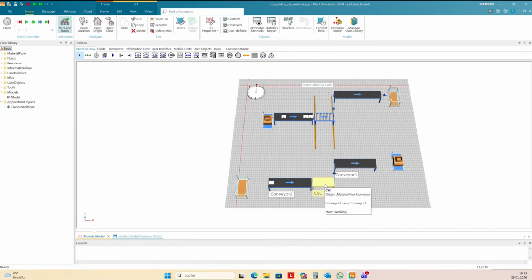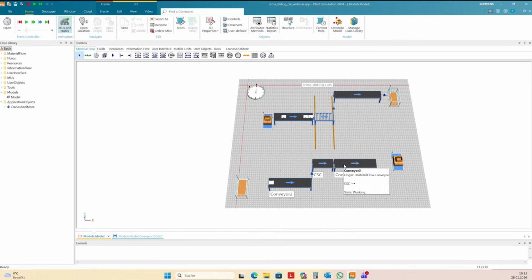So first I move this here in this position. This should be my starting point. And I need to stop the MU here in the mid of the cross-sliding car. And then I need to move this complete conveyor 2 meters in Y direction.